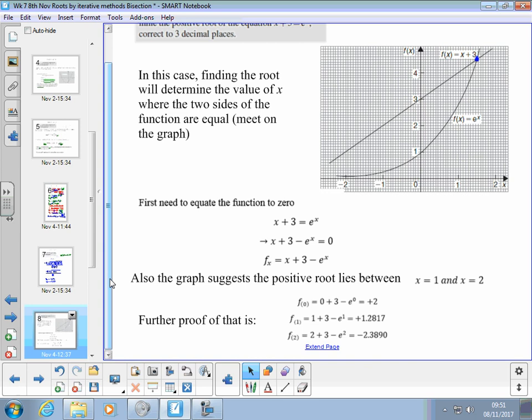So I've done that there. Subtract from both sides, and now I've equated that to zero. Therefore,